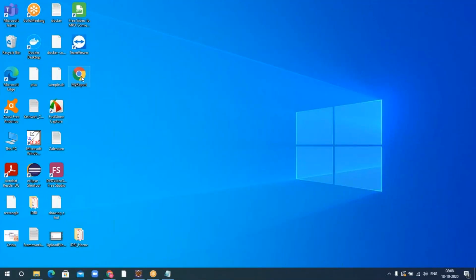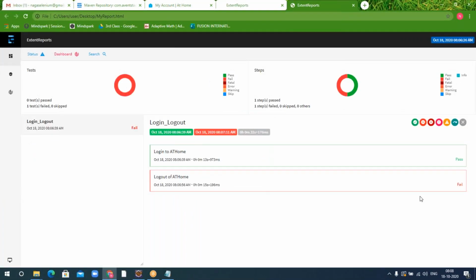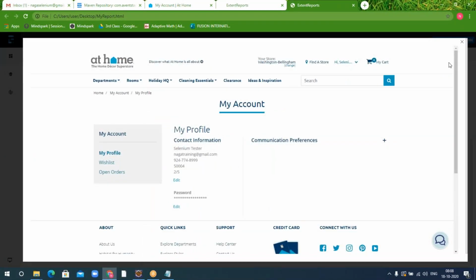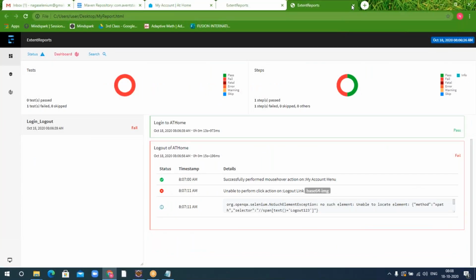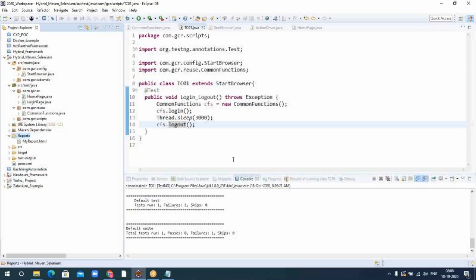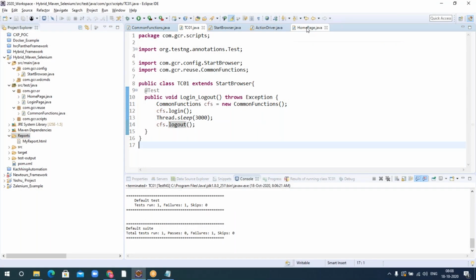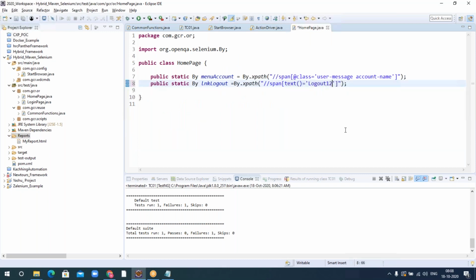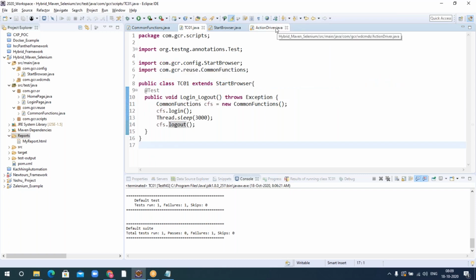And you can send this. It's independent. It's not dependent on anything. You can just open this report, and still it will have the screenshot, because we embedded that into the HTML. Okay? So that is how to capture a screenshot as well. Let me put it back. I'll remove this one, otherwise it will fail every time. So that is how you can capture the screenshot and write the reusable functions and everything. Hope you are following everything.